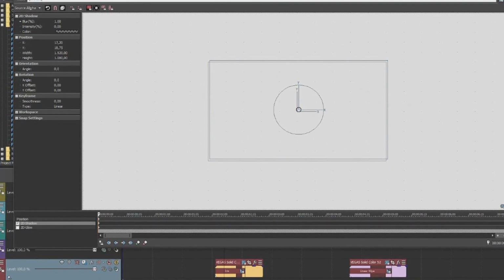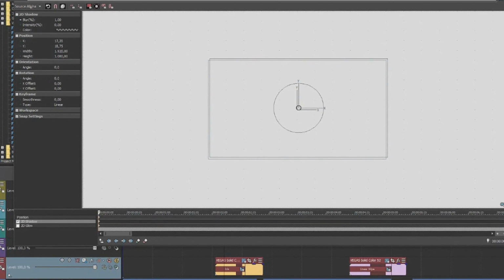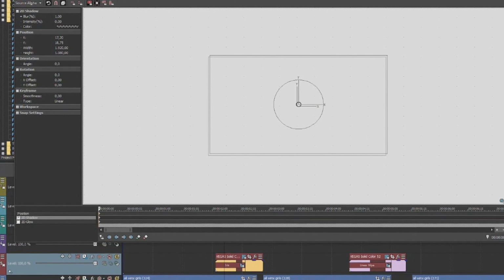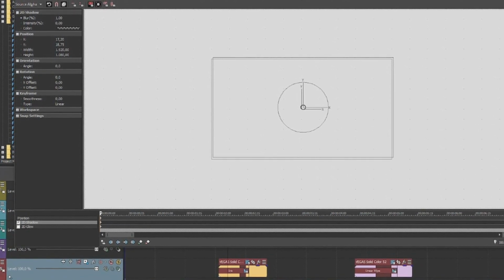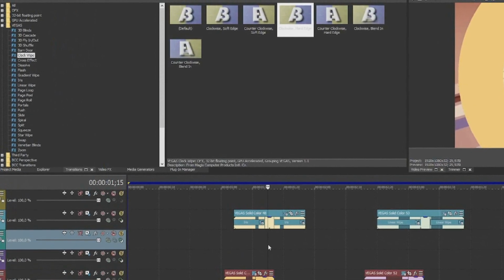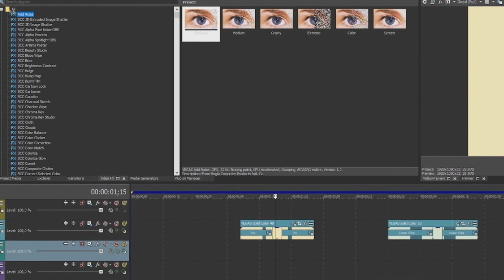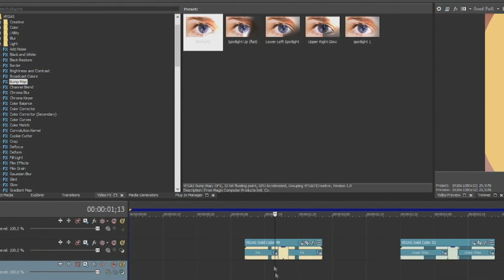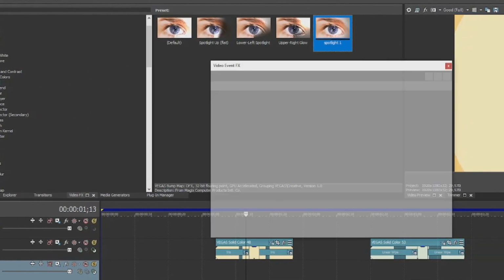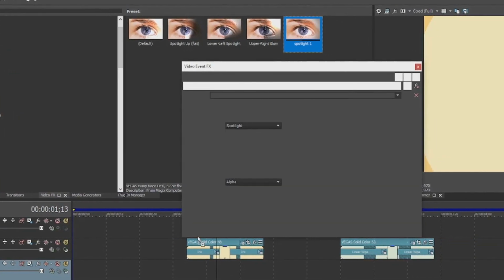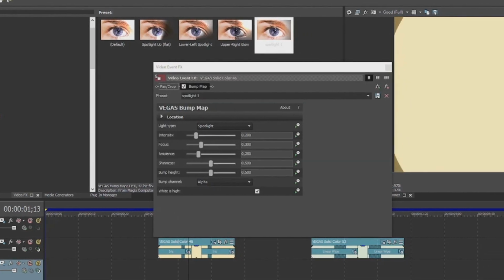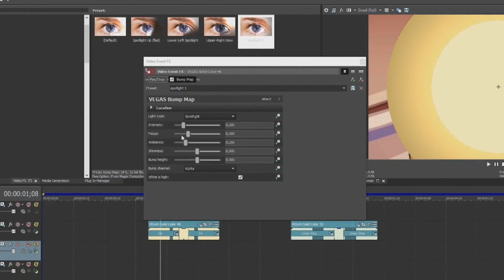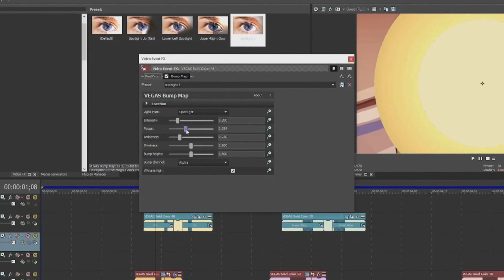Which is, if you use a lot of these transitions, kind of a nice way to experiment and give some depth to your transition and the scenes below. And there are some video effects I wanted to show. For example, if you want like a gradient kind of effect, you can use the spotlight. As you can see, you can change the focus of it,